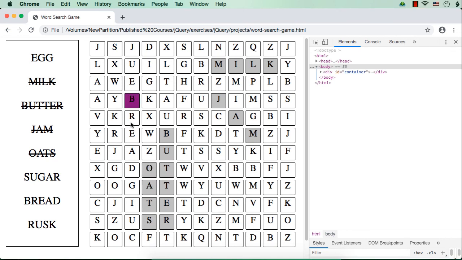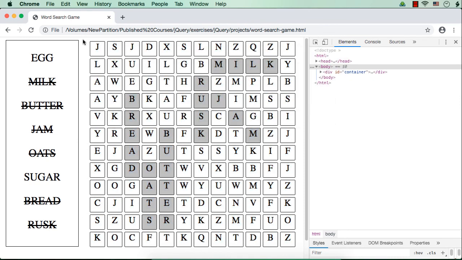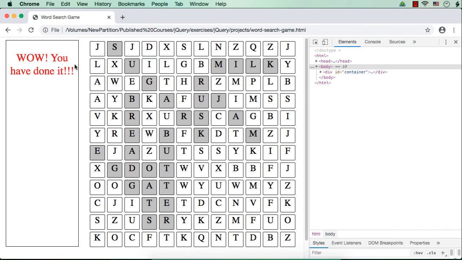Bread is here. Rusk is here. Sugar is here. Sorry, I clicked Control key instead of Command key. That is why it got displayed like that. SUGAR, sugar, and EGG. See, wow, you have done it. So we are getting it correctly, right?